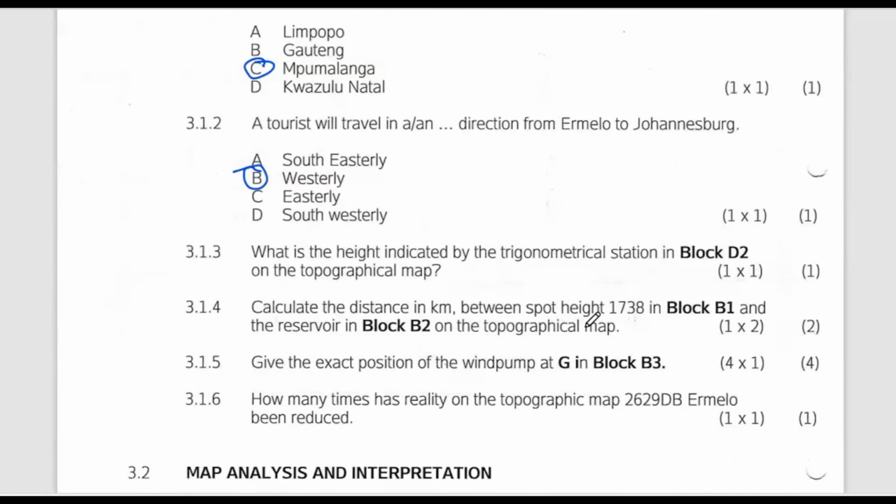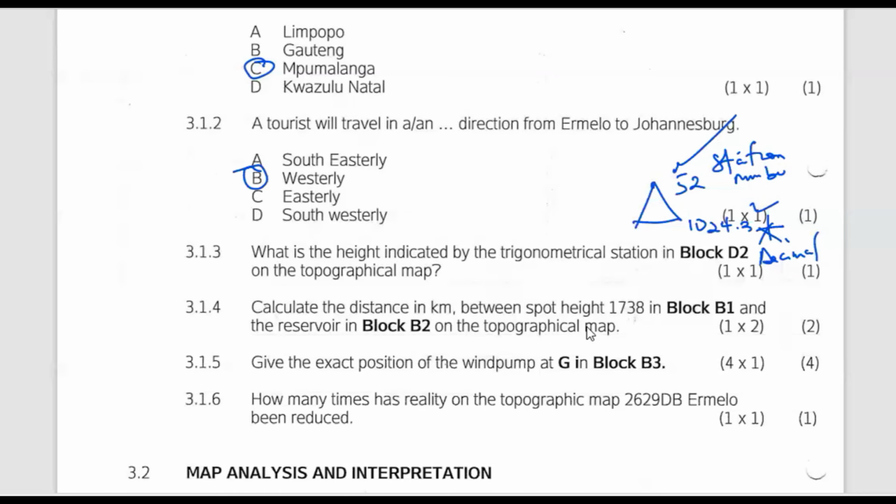Right. What is the height indicated on the trig station in block D2? Right. Unfortunately, we don't have the map illustration here, but the clue that I must use there is if it's a trig station, it will be having two numbers. Let's say maybe there's 52 and maybe there is 1024.3. Right, if you are seeing a trig station and it's got two numbers like this, the height of the trig station is this one here with a decimal. And then this is the station number. So do not confuse, the whole number is a station number and the number with a decimal is the height